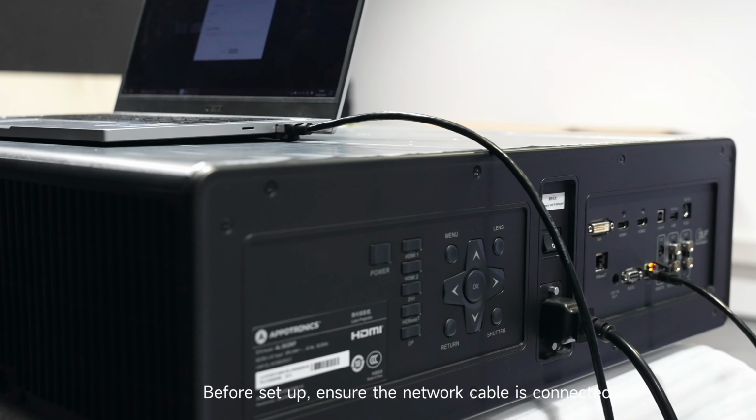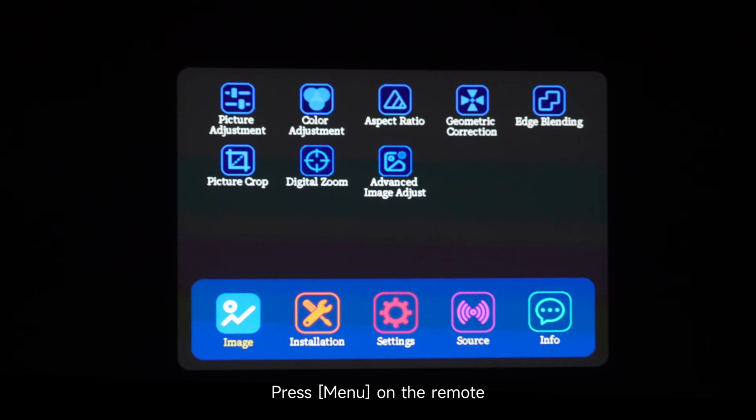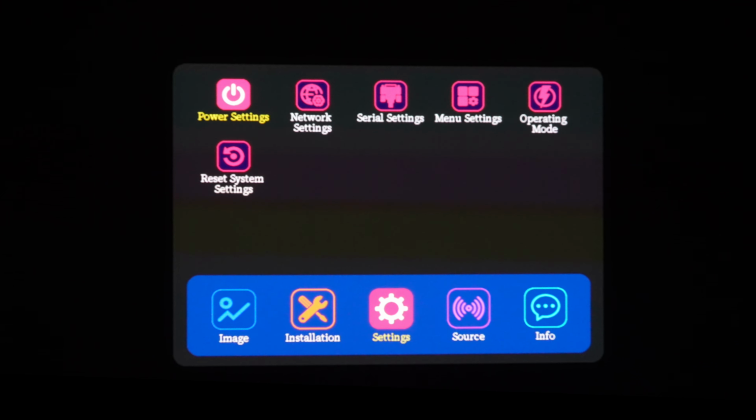Before setup, ensure the network cable is connected. Press menu on the remote. Go to network settings to find the projector's IP address. Then enter the same IP when creating a new projector in the product list,